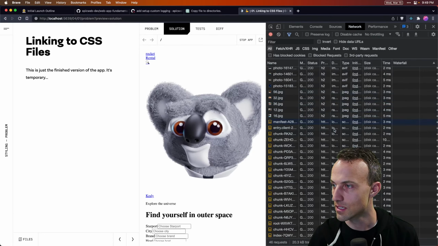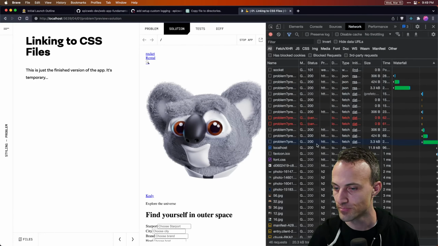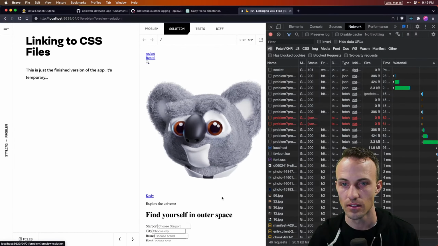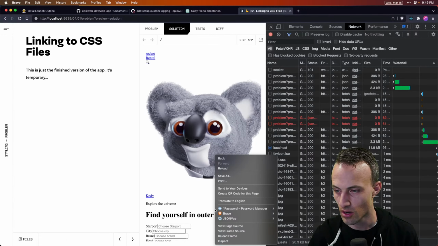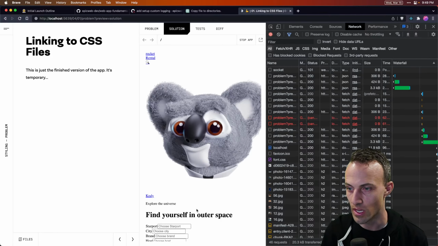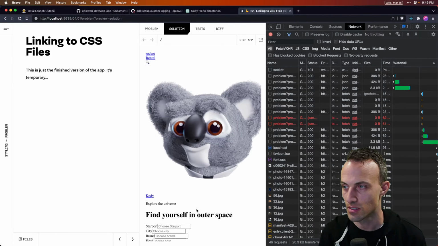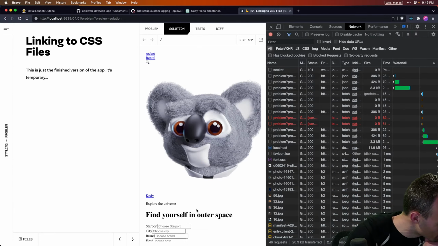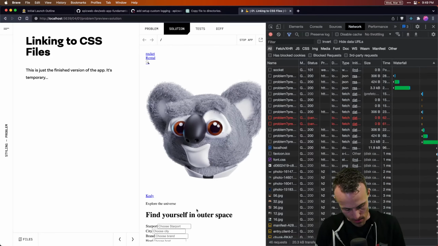And then this, linking to CSS file, this should have got, shoot. We configure our fonts with Tailwind.